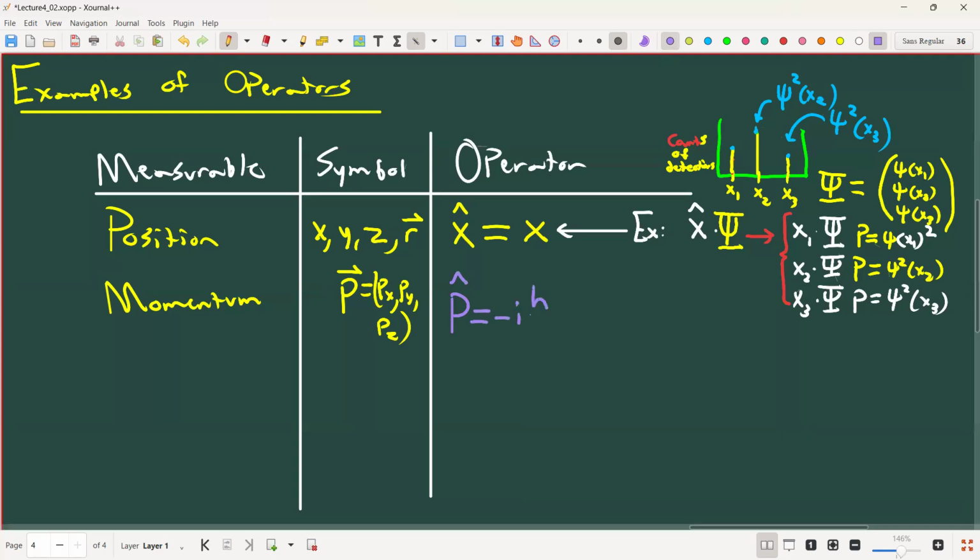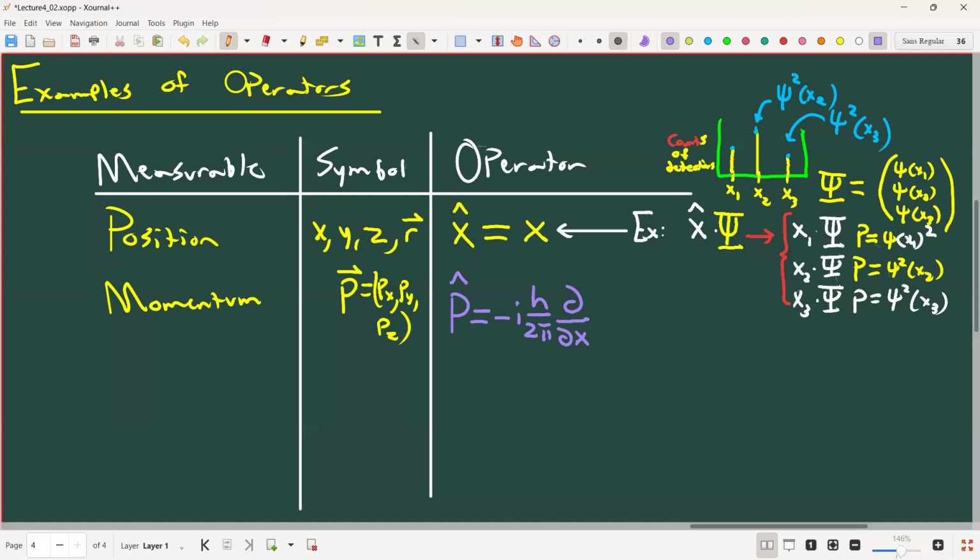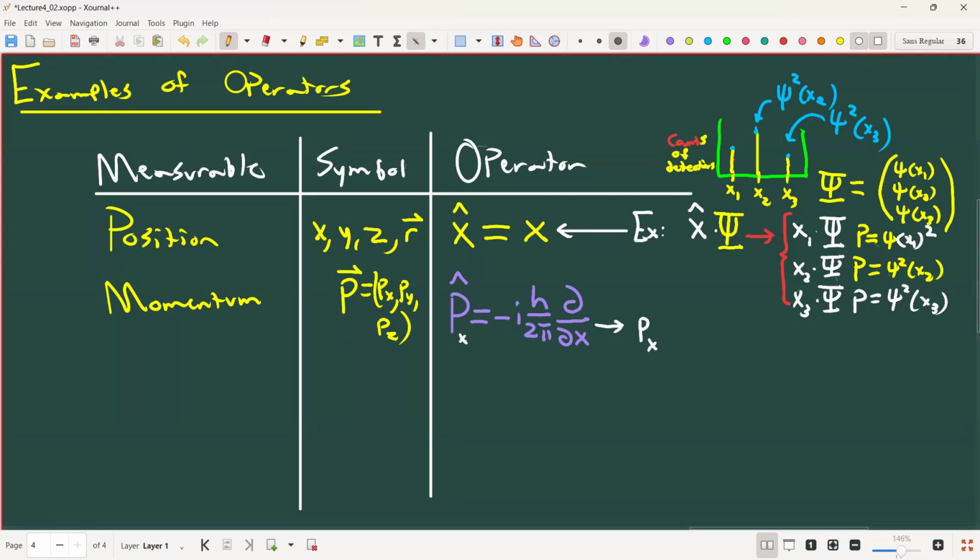It's i times h over 2 pi. h is a number which I haven't defined yet, but we will soon, times the derivative. So to measure the momentum of a particle, I take the derivative of the wave function, and I get the same wave function out. Right? So what this is saying is that if I apply this, p sub x, to psi,